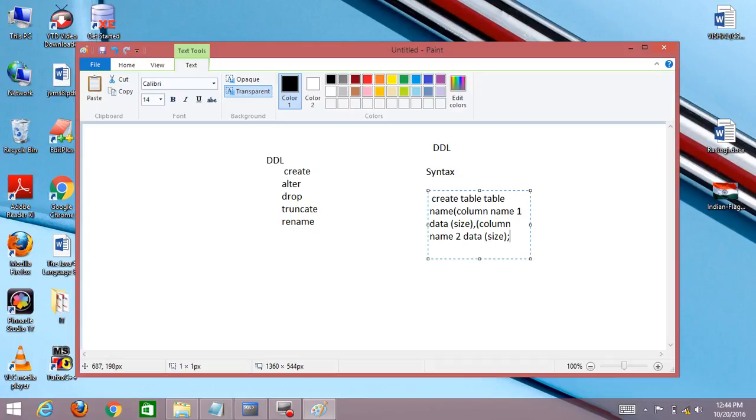It is the syntax of how to create a table.